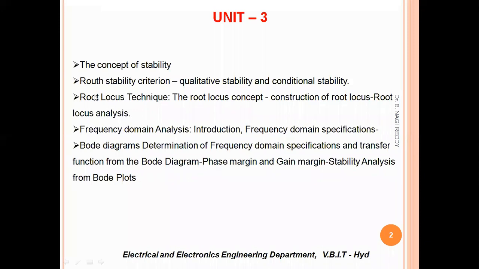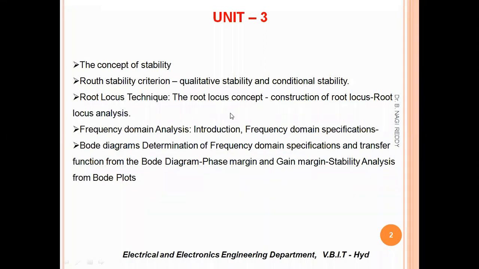In this root locus technique, we will construct the root locus diagram according to the stepwise procedure. From that root locus diagram, we can determine the stability of the control system. And not only that, the root locus technique will also help us to bring an unstable system to a stable system. So that is the beauty of the root locus technique. But majorly we will determine the stability of the system with the help of root locus. So in this concept, we will see that one.